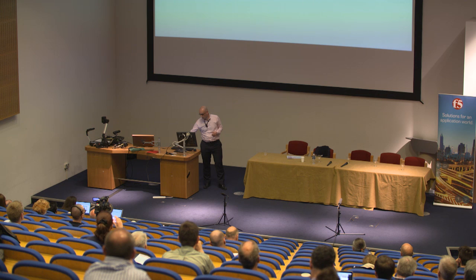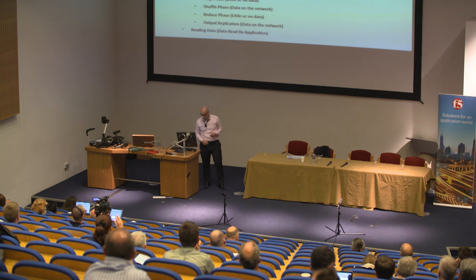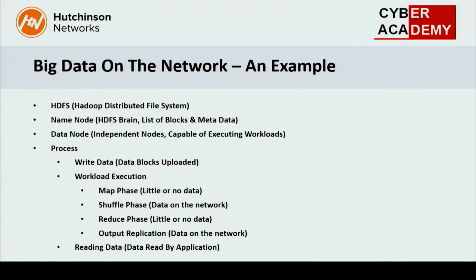Again, I may be teaching people to suck eggs here, but if you just bear with me for a few minutes, I'm just going to scroll these out. So if we look at the places where this really impacts our network, in the initial instance, we've got to get the data into the system. So that's our initial input data, our structured data, or unstructured data, whichever it is. After that, we start working through a map, shuffle, reduce, output process.